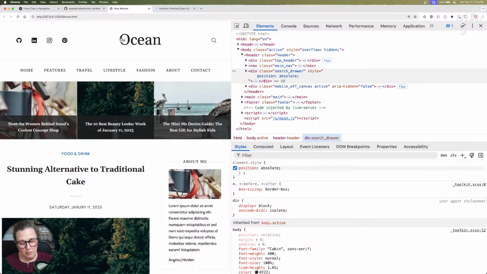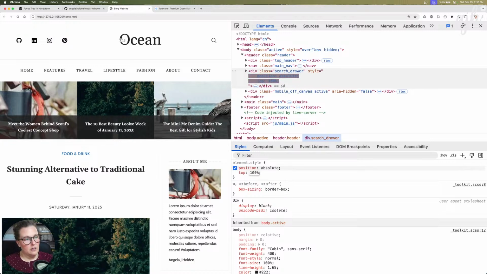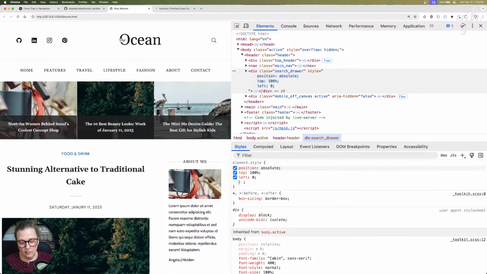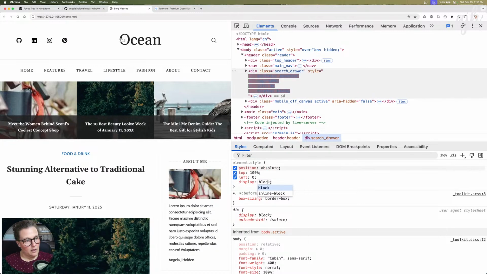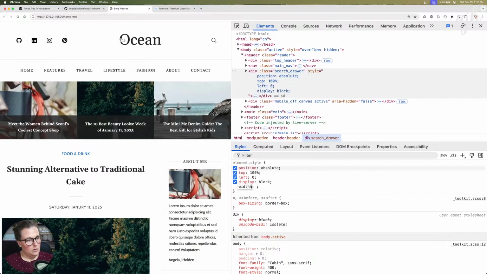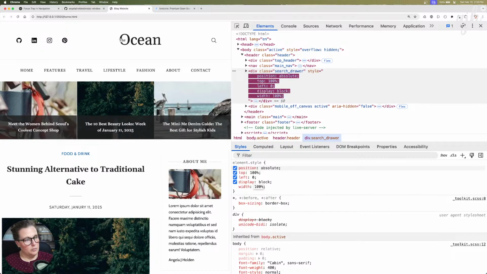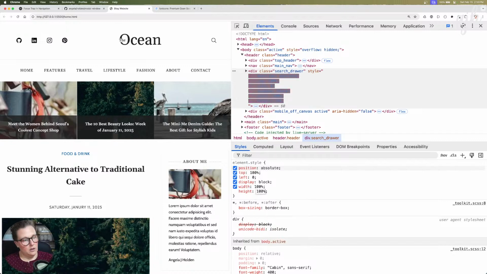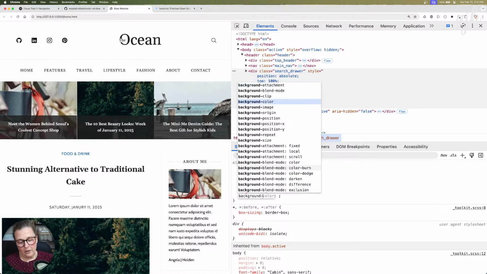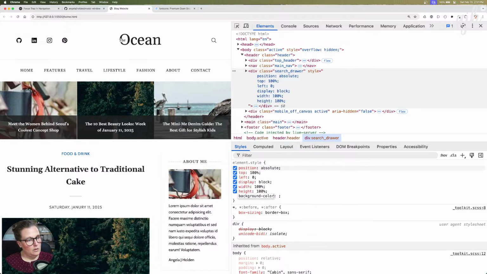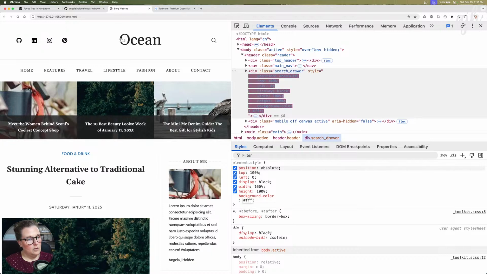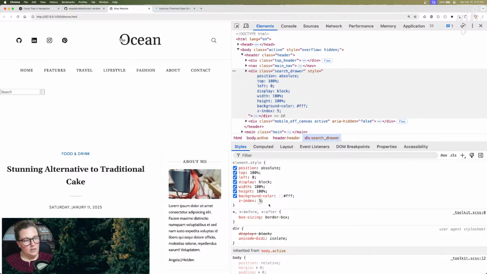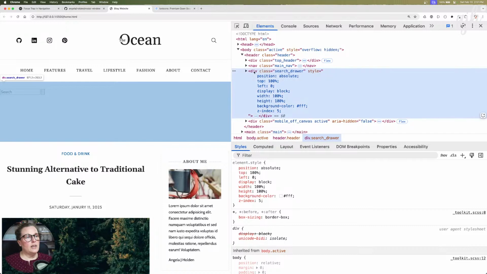Top, so it would actually be top 100%, left 0, display block, width 100%, height 100%, background color, z-index. Yeah, it only takes, if it's positioned absolutely against the header,